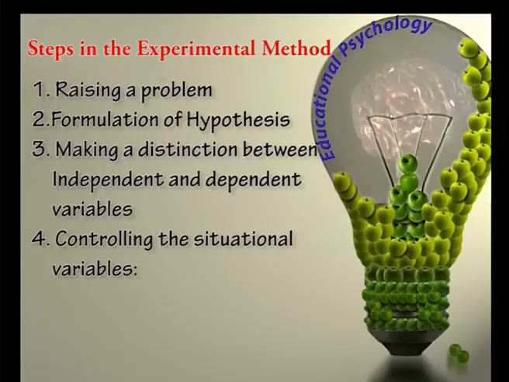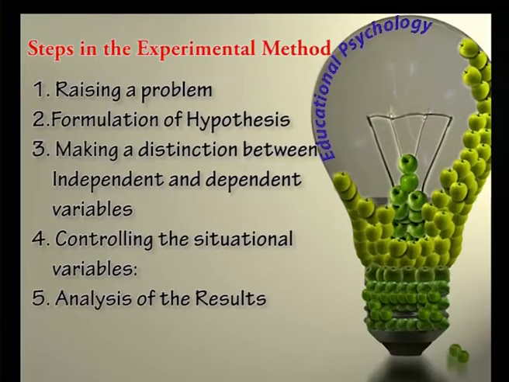Let's talk about controlling the situational variable. The experiment will not give valid results unless the situational variables are controlled. If the experiment is conducted with different sets of students who have been trained in a different manner and who have a different value system, then the results will be different in comparison to those who have been subjected to experiment earlier. Similarly, the other conditions, like the person who is supervising and the place of supervision, have to be controlled.